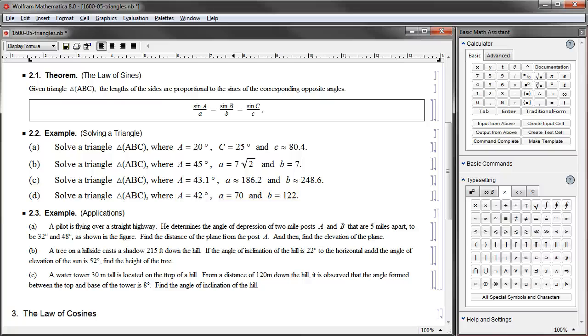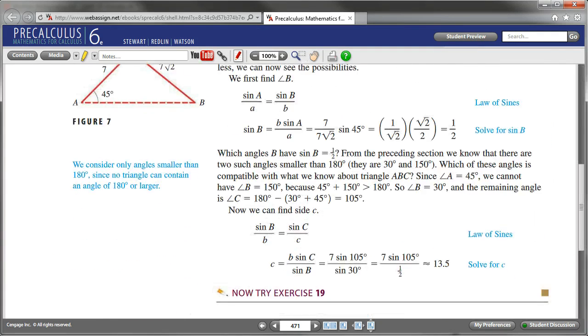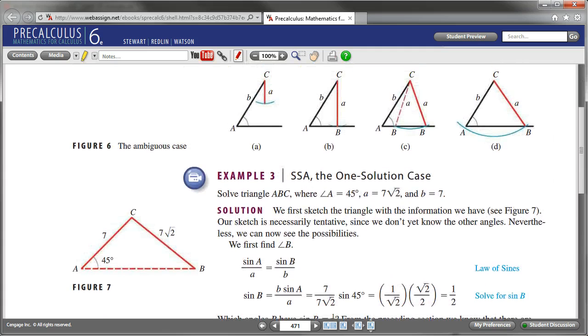Let me show you the picture. I think it's this one. Yes, example 3 corresponds to the next problem we have. Capital A, the angle, is 45 degrees, and small a is 7 square root of 2, and small b is equal to 7. Now, if the angle in between had been known, in other words, if the angle capital C